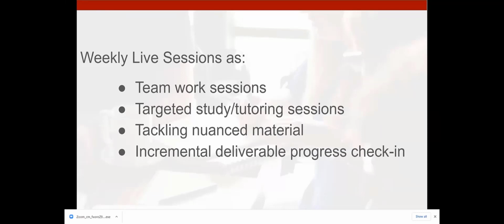In structuring your class to designate synchronous time for collaboration and active learning participation, you might want to analyze the materials and activities that you have and decide which ones could be presented asynchronously in order to free up time for weekly live sessions. These can be used for teamwork sessions or targeted study tutoring sessions, all of these different things.